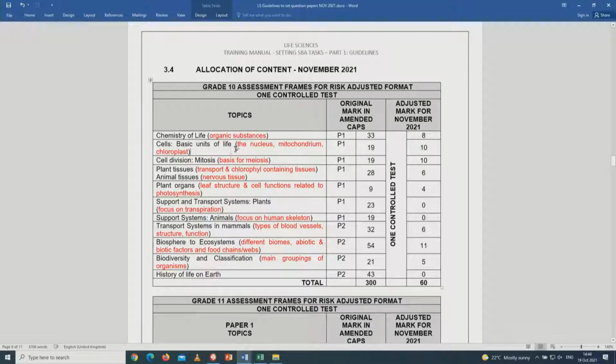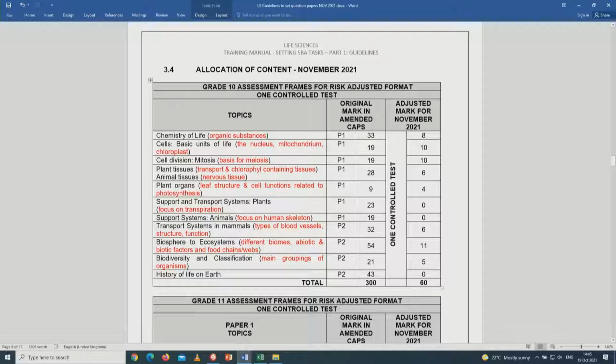Basic units of life. Then you tell them, focus on the nucleus, the mitochondrium, and the chloroplast. Because the chloroplast they will need in grade 11 in photosynthesis. And the mitochondrium and nucleus they will need, and the chloroplast in grade 12, again, for where DNA is located. And when it comes to the nucleus, the structure and the whole story of protein synthesis in grade 12, translation and transcription. They will need basic knowledge on these 3 organelles, at least. And if it's 10 marks, now it becomes easy. I must cover 10 marks with those 3